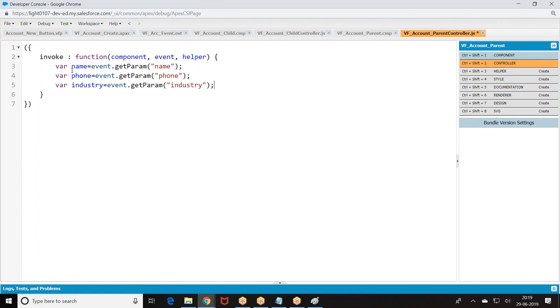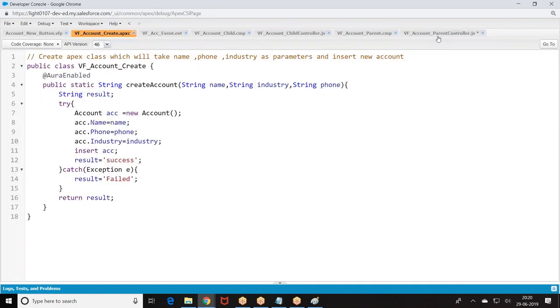Then where action equal to component dot get c dot create account.